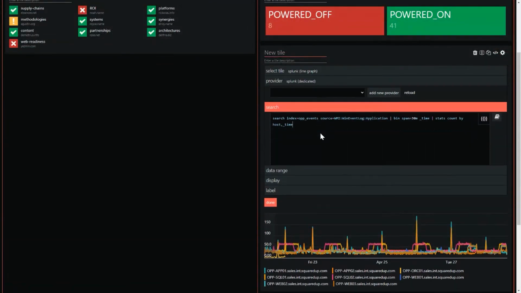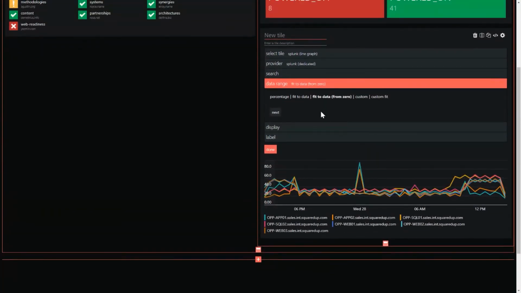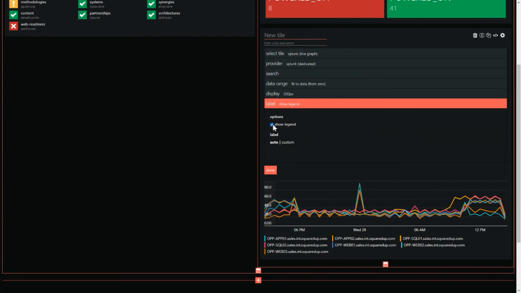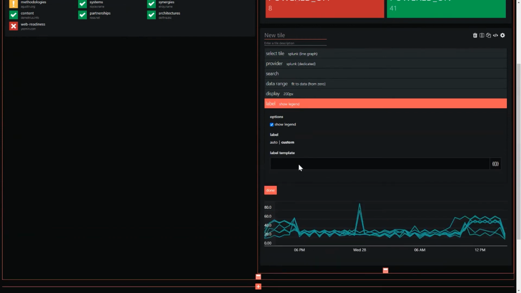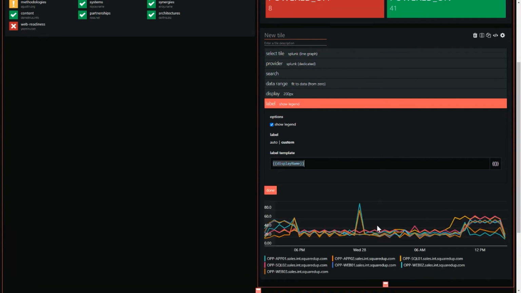For now, I actually want this to be specific time frame for the last 24 hours. I'm happy with that. I'm happy with the data range fit to data from 0. I can also adjust the height as well as remove the legend. But in this case, I quite like having the legend there because I can actually see what the different lines refer to. Now, it's actually coloring these based on the label by default. So you'll see that when I hit custom and it removes that label, they all turn to the same color. So I'm going to use the mustache picker to actually pick the display name again,